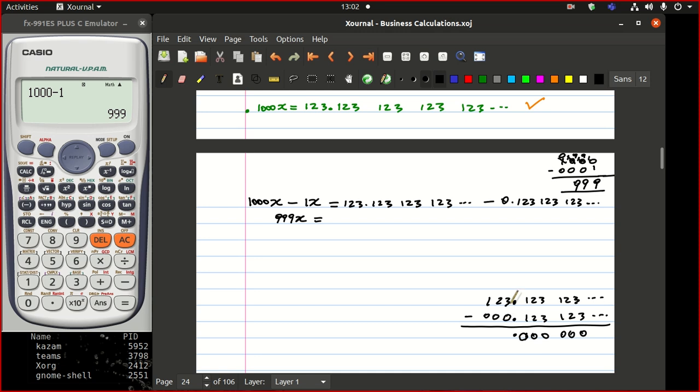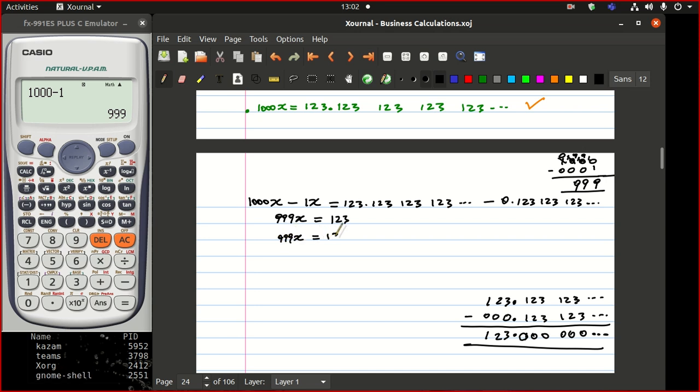And then we have 3 minus 0, that's a 3. 2 minus 0, that's a 2. 1 minus 0, that is a 1. And of course, this is going to continue forever. We'll have a bunch of zeros. So this is going to be 1, 2, 3. And then, of course, now we are having